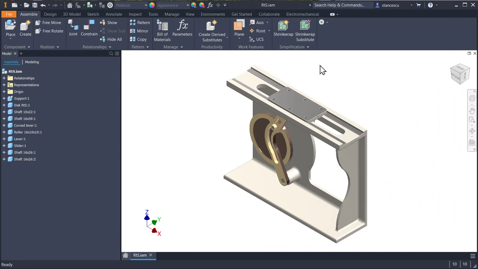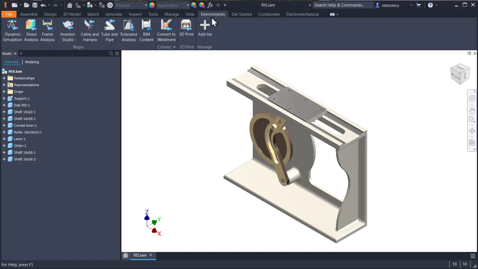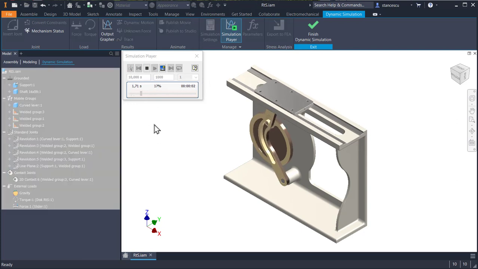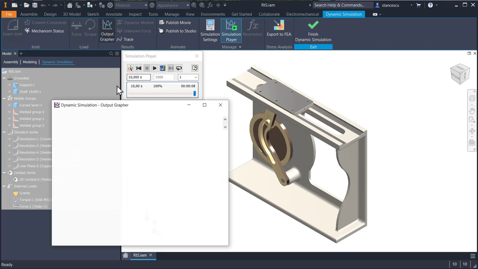Now let's study a little about the quantitative aspects of this simulation. We open again the dynamic simulation. We run the whole movement. We wait to the end, 10 seconds. Having all this data memorized by the dynamic simulation module, we open Output Grapher